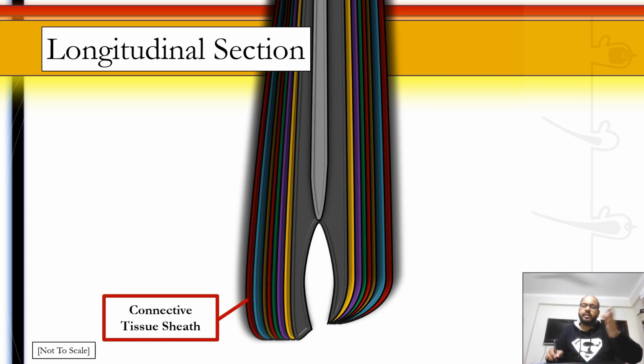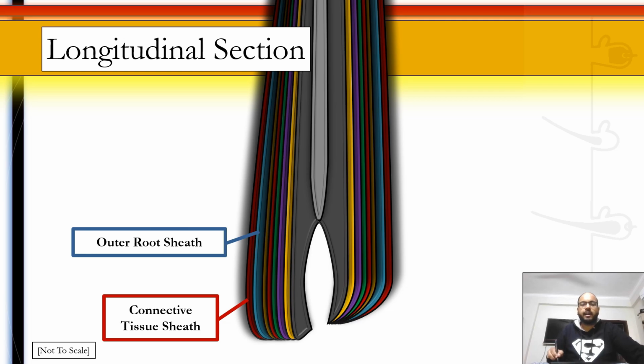Starting from outside to inside, you have the connective tissue sheath. Now this connective tissue sheath is continuous with the dermoepidermal junction and all the dermal epidermal connective tissue. All of this gets compressed and combines into a connective tissue sheath. And this sheath is what eventually forms the fibrous stela during the telogen phase. Okay, so go back and see the video on hair cycle and you will understand the collapse of the connective tissue sheath which leads to the formation of fibrous stela or fibrous streamer.